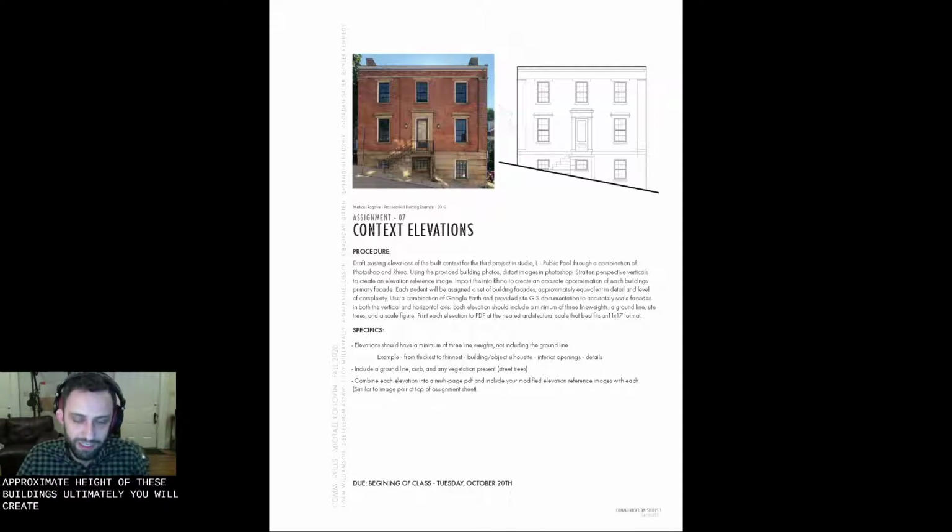Ultimately, you'll create a series of elevations. Each should have a minimum of 3 line weights. This will be the heaviest line on the outside, a medium line weight, which will be for internal cutouts such as windows, and a lighter line that will just be details on the building. The goal is to draw as much of the detail of the building as possible, and this is in part to replicate the process that you would go through if you were trying to create elevations for laser